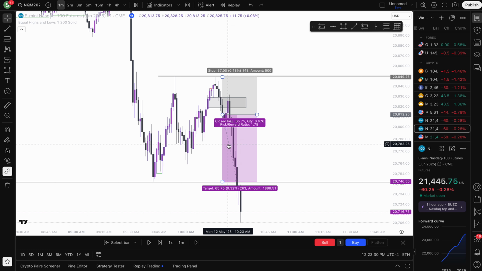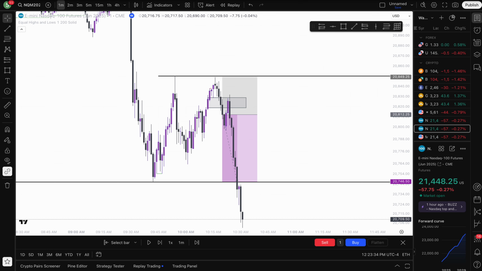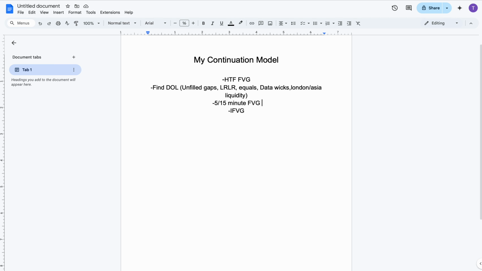And boom, TP for like 1.8 R about. So yeah, this was the trade. Let me go over the model again. So high time frame